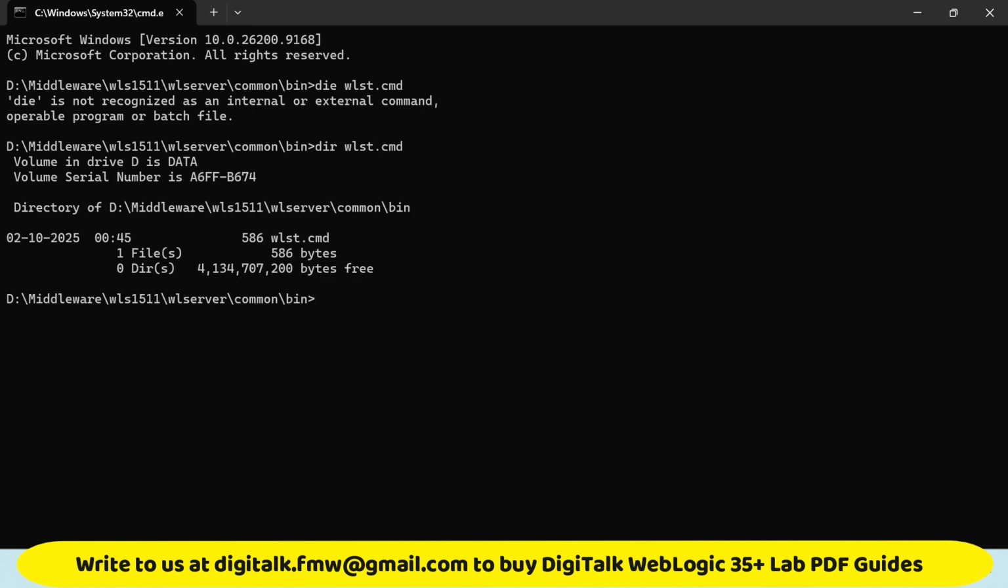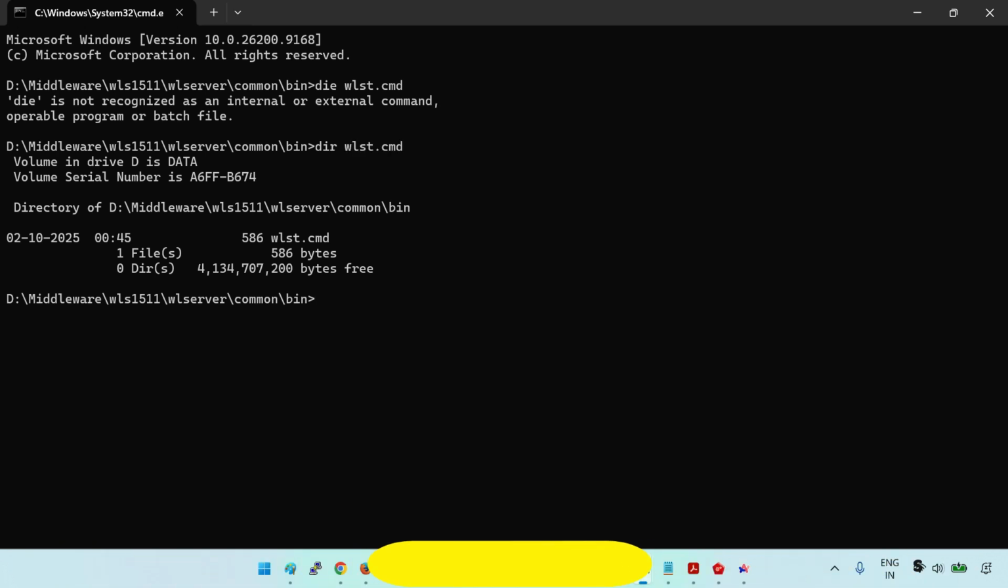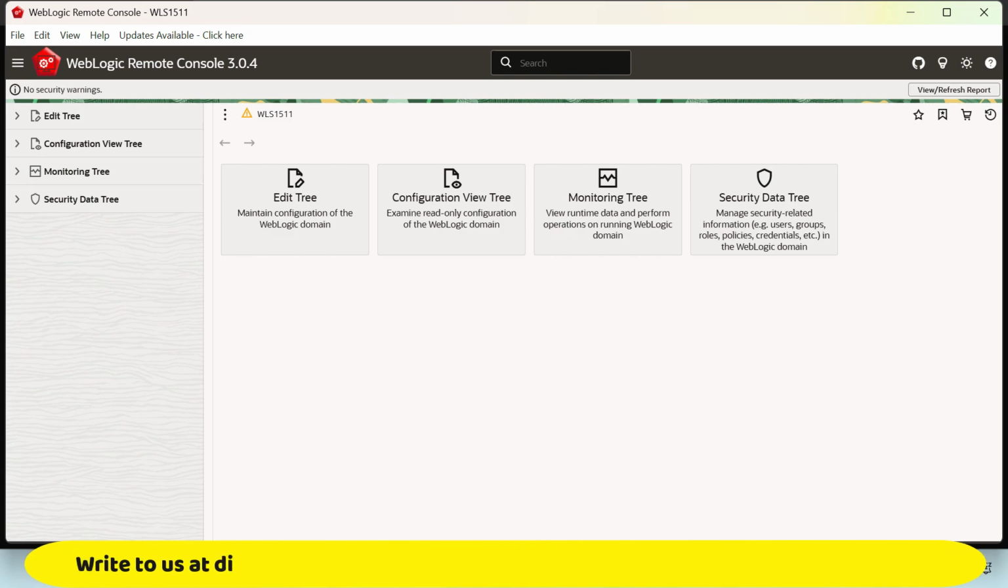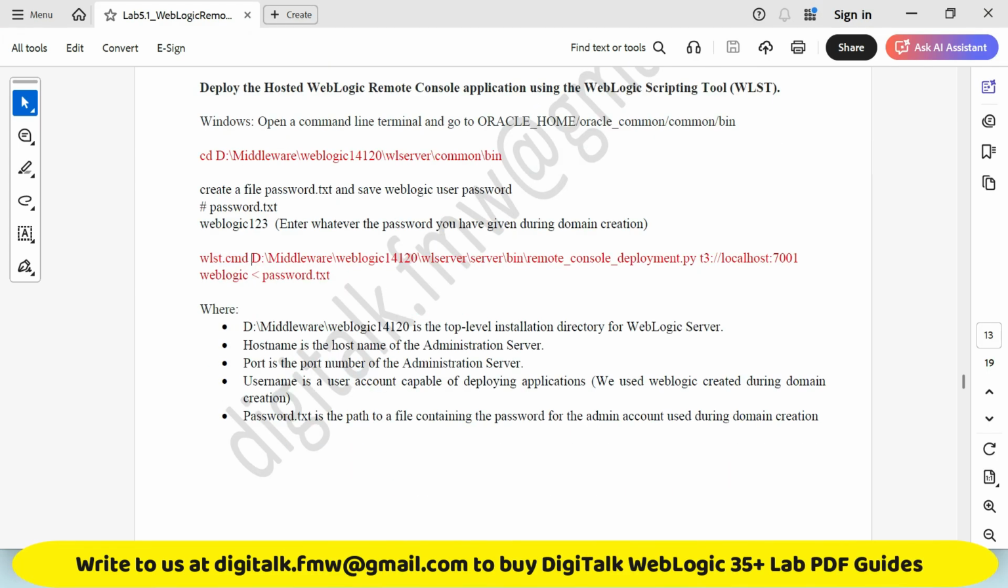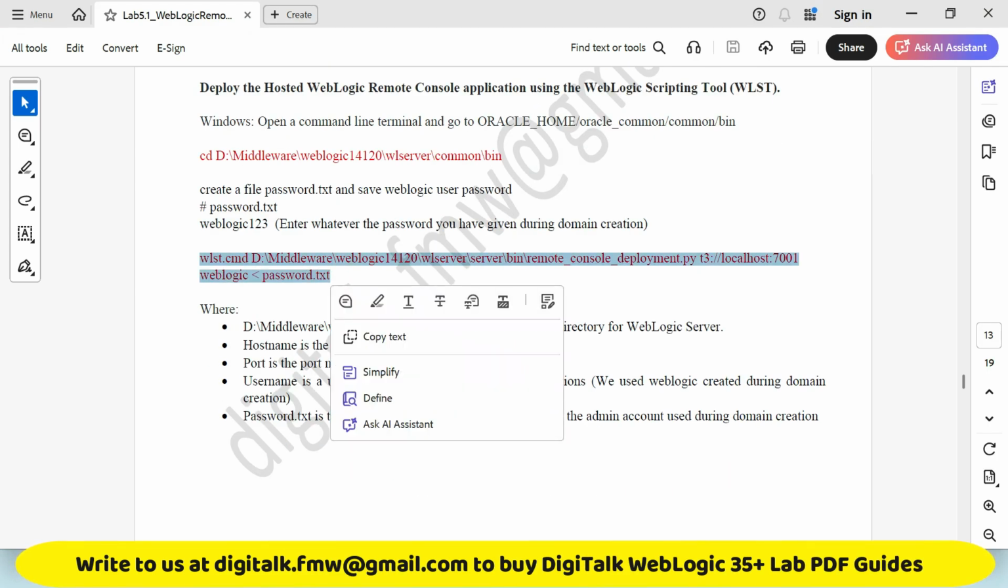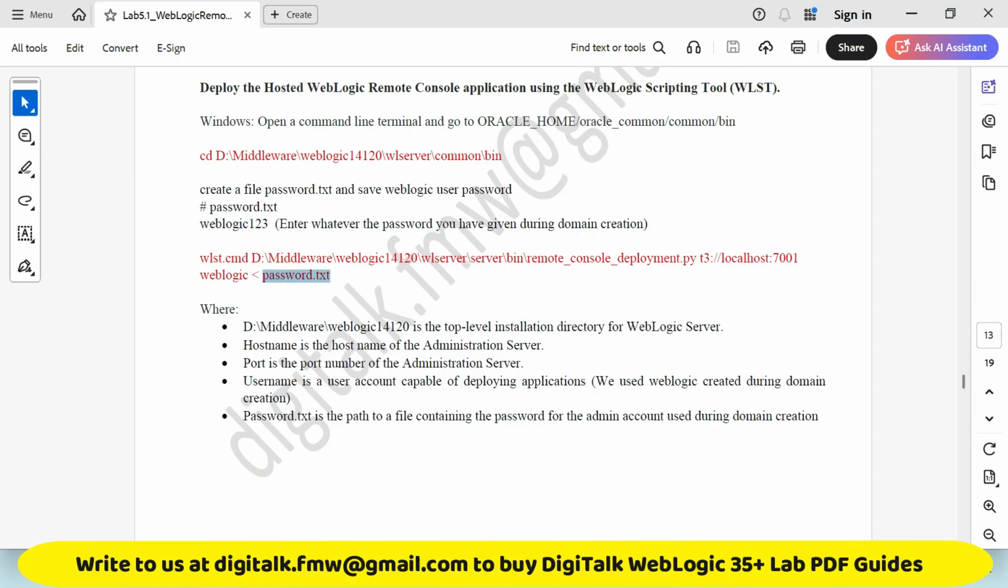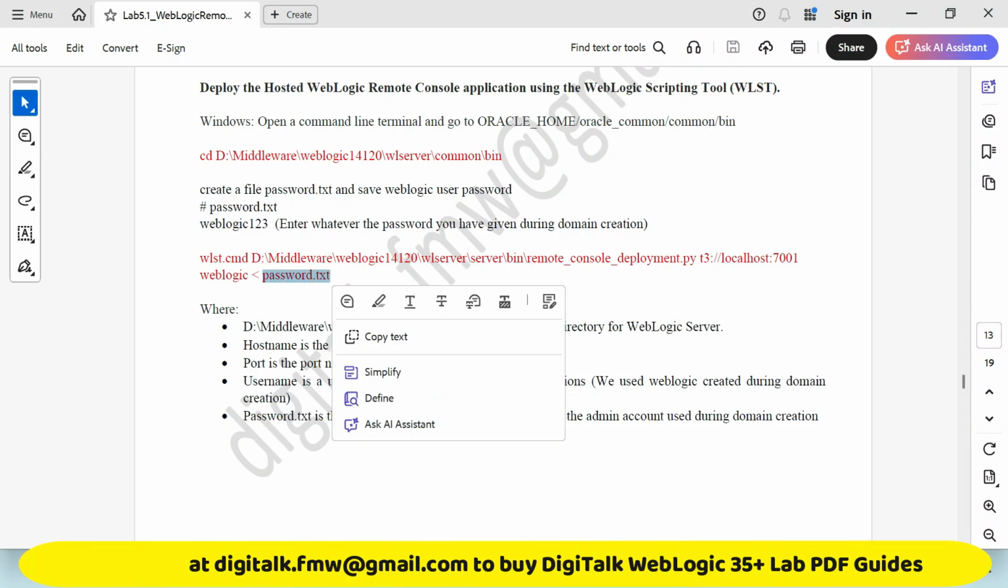WLST. Okay, so this is a script that we use for the connectivity. Okay, WLST script. So now how to run this? Okay, so to run this, you have to run this command. But before that you need to create a password file, password.txt file, and this file will contain your